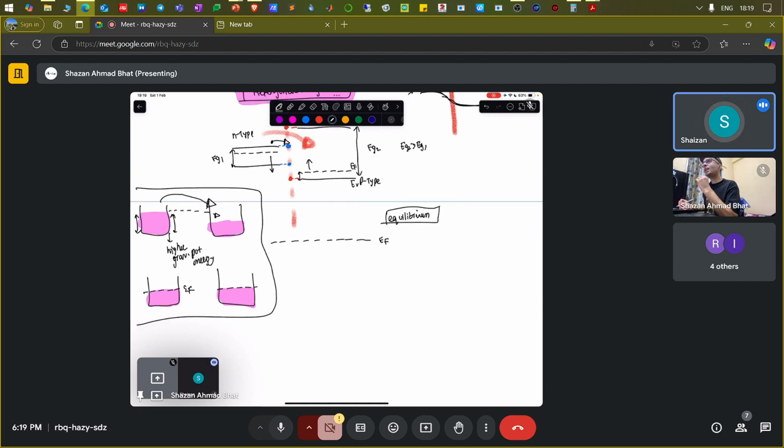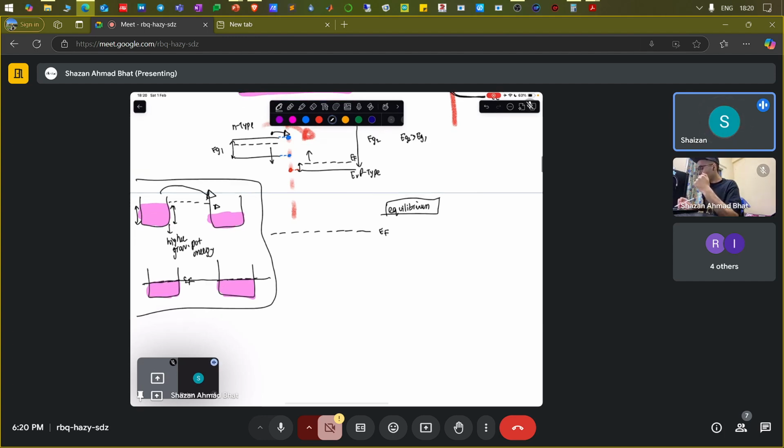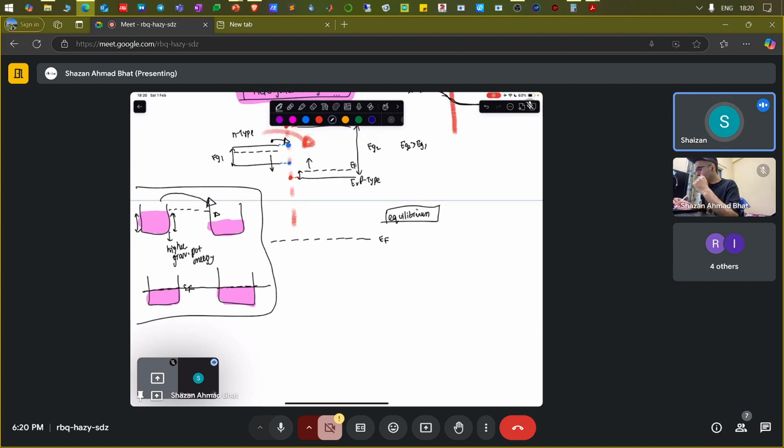In equilibrium, there will be no net motion because now it's flat, just like a water level. When it becomes flat, water doesn't move from one end to the other. Similarly, electrons don't move, at least in the layman's sense. So when this comes down,